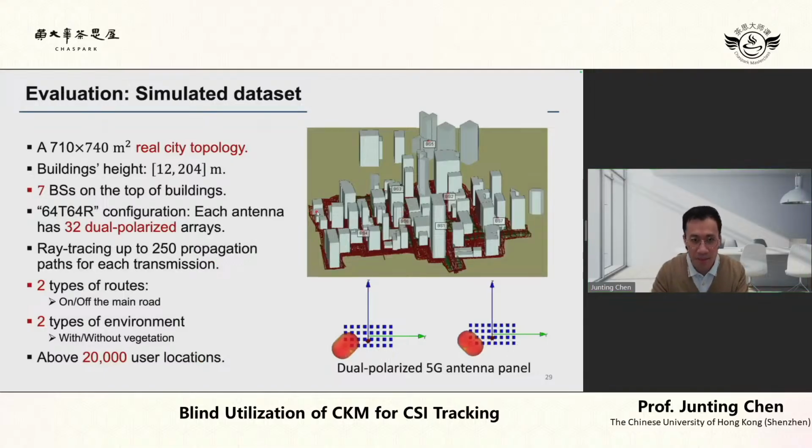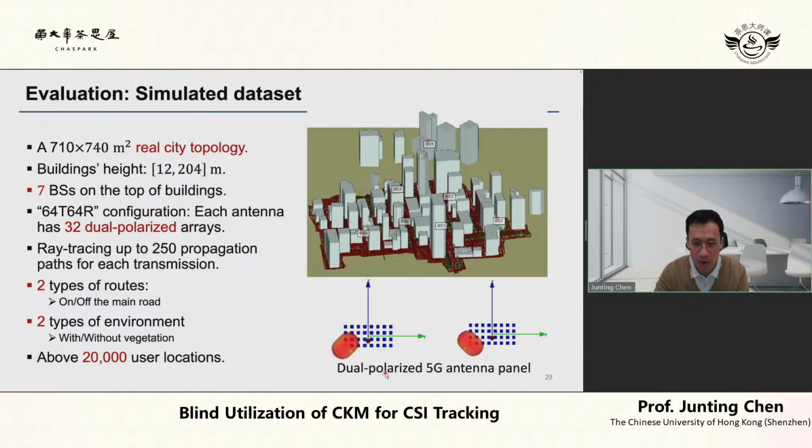So let's see some experiment. We do this in a simulated environment. This is some city, I guess San Francisco. We have 7 base stations, and then we consider 64 antennas,